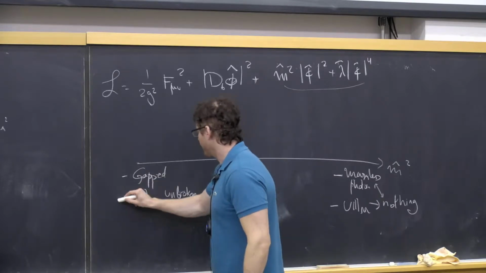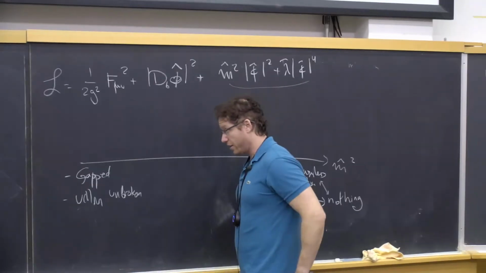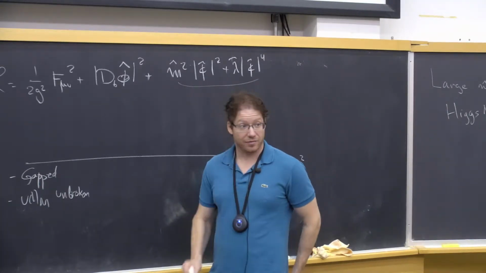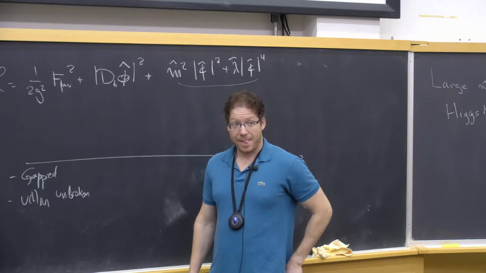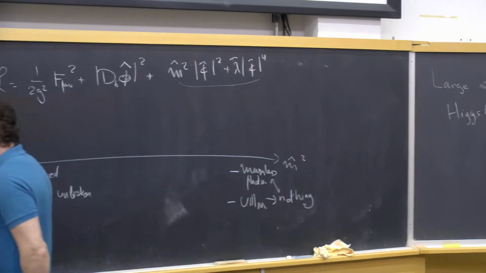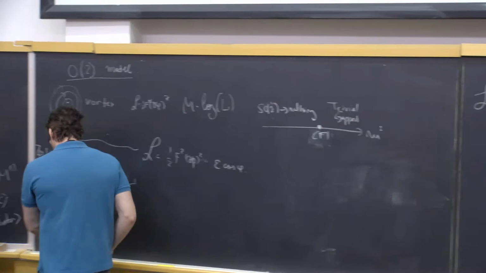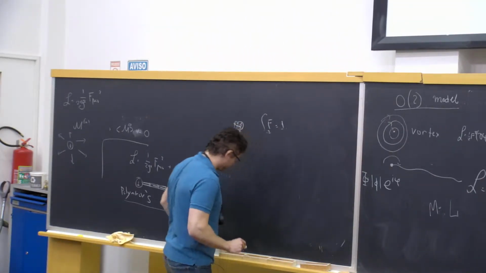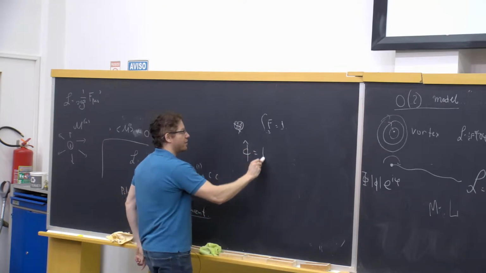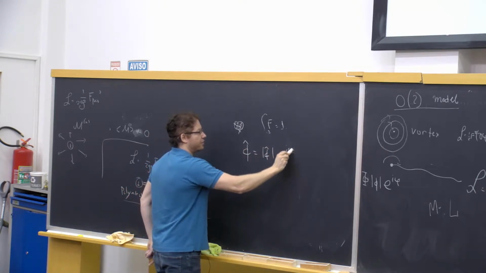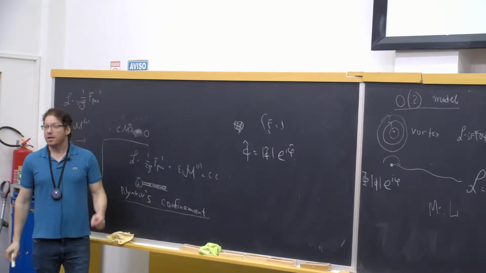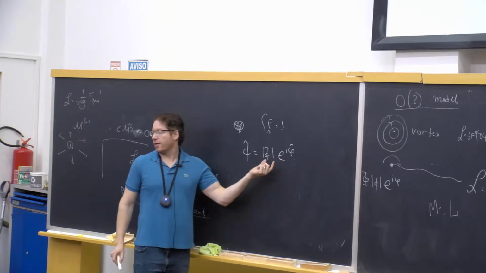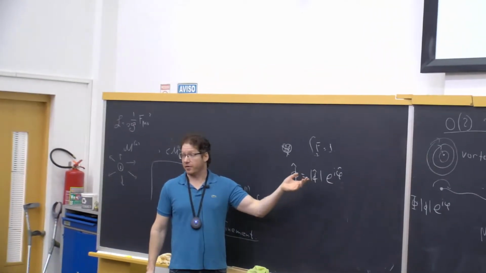So does anybody have a guess of what are the particles that carry magnetic charge in the Higgs phase? You probably know the answer. Somebody already said it a few minutes ago. So these are the Abrikosov strings. Let me explain why this works. So consider phi hat, which is the absolute value of phi hat times a phase. Since the absolute value of phi hat is non-zero, the gauge symmetry is Higgsed.